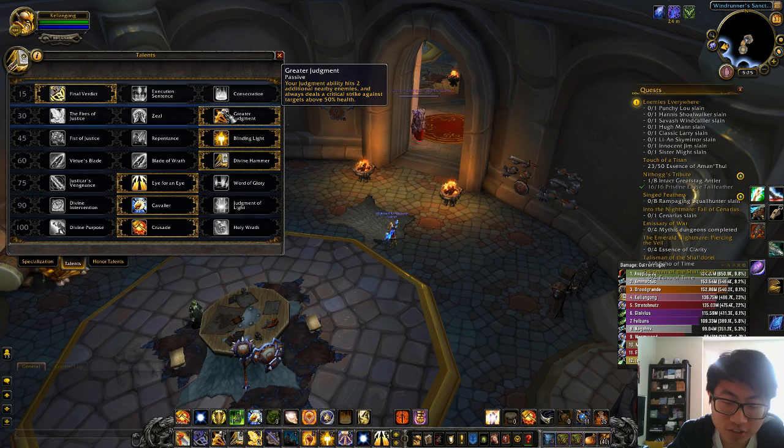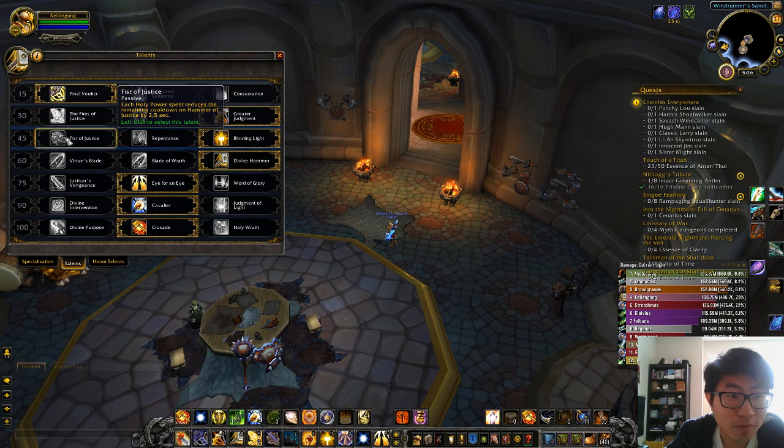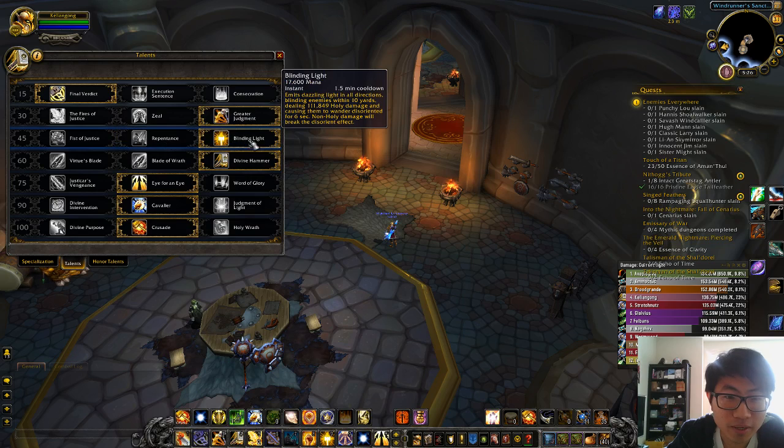Unless you're doing a very difficult key, such as level 15, if you want to get the 900 item level for the next week, and the third affix is enhancing the boss damage. Then you probably would take the Fire of Justice, because you need to kill the boss as soon as possible for those high level keys, especially for Eye of Azshara and Court of Stars, where the final boss is insane with high level keys. So for this level, I would recommend Blinding Light,